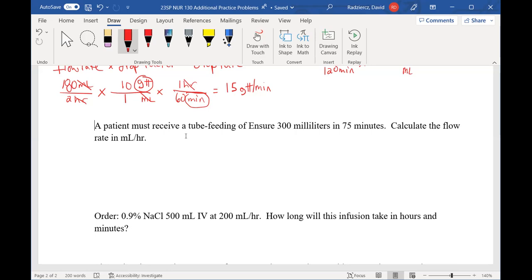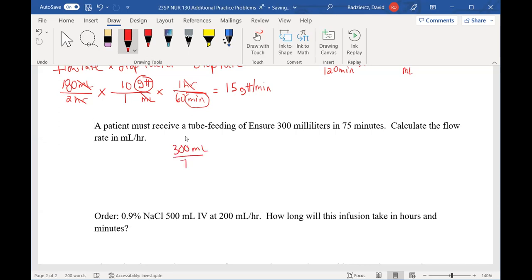Exactly right. All right. So for this, when we're calculating flow rate, you don't necessarily need to do much dimensional analysis, but you need to know how to reduce or convert. So I guess if I'm being a purist, then yes, dimensional analysis works perfectly for this. So again, how do I know I'm calculating flow rate in milliliters per hour versus drops per minute? Notice that it doesn't say anything about any kind of tubing. It doesn't say microtubing, doesn't give me a drop factor. So if it doesn't give me any of that information, I know that I need to convert milliliters per minute to milliliters per hour. So I'm going to take my 300 milliliters